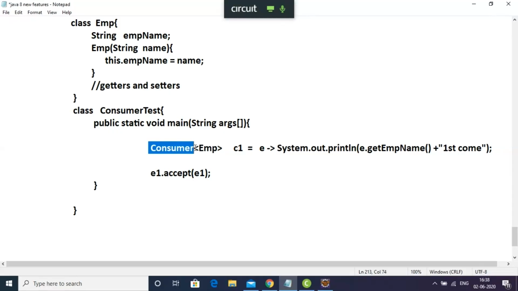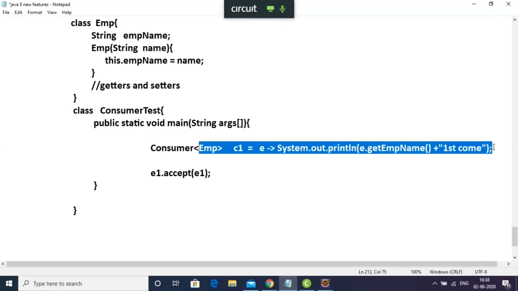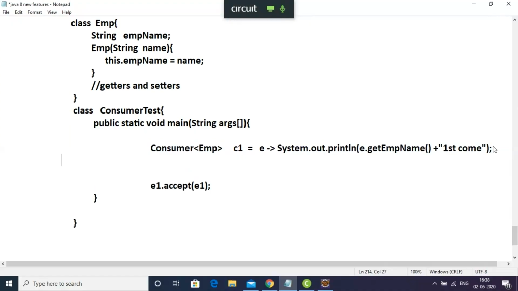Okay, and all the three consumer objects are ready to be executed as a chained consumer. So for this, first assume this is my first consumer, C1. This is going to consume the first employee object and print the employee name. Assume this is the second consumer object